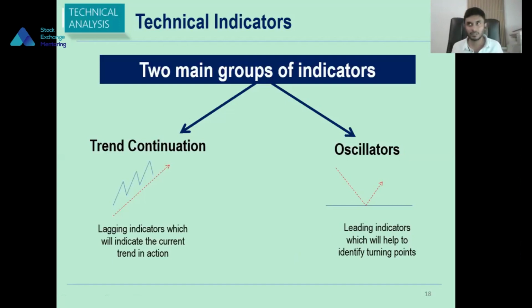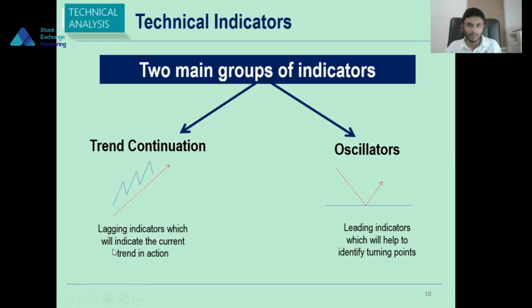Everybody was asking the question, whether it will go further or not. So this is where your trend continuation indicators will help us to give you an idea. Despite the market volatility, based on the indicator, it will confirm you, hang on, though there are volatilities in between, currently the indicator is pointing upward. So there is nothing to worry, you can continue your trade. So this kind of signaling will be facilitated through our trend continuation indicators.